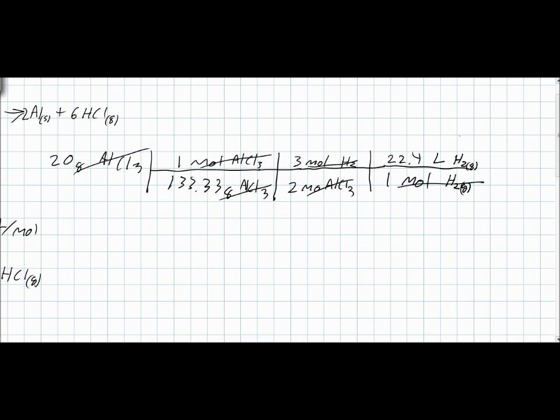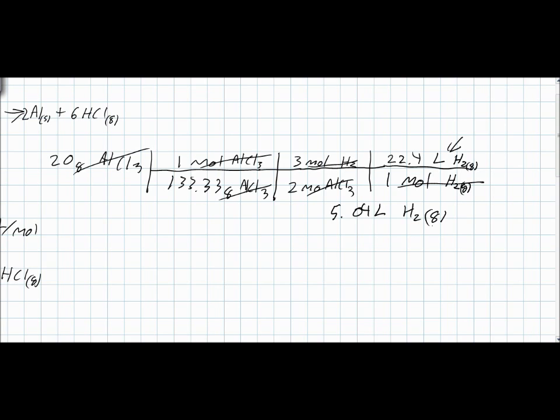The only unit left is liters of H2 gas. This one I have not figured out yet, so I'm going to plug it in to the calculator. And so we have 20 divided by 133.33 times 3 divided by 2 times 22.4. We have 5.04 liters of hydrogen